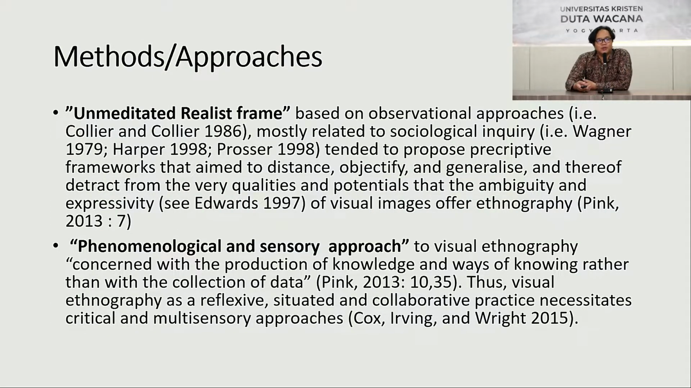At least there are two general methods or approaches in visual ethnography. The first one is the unmediated realist frame, based on observational approaches, mostly related to sociological inquiry, which tended to propose prescriptive frameworks that aim to distance, objectify, and generalize, and thereof detract from the very qualities and potentials that the ambiguity and expressivity of visual images offer ethnography. The second one is